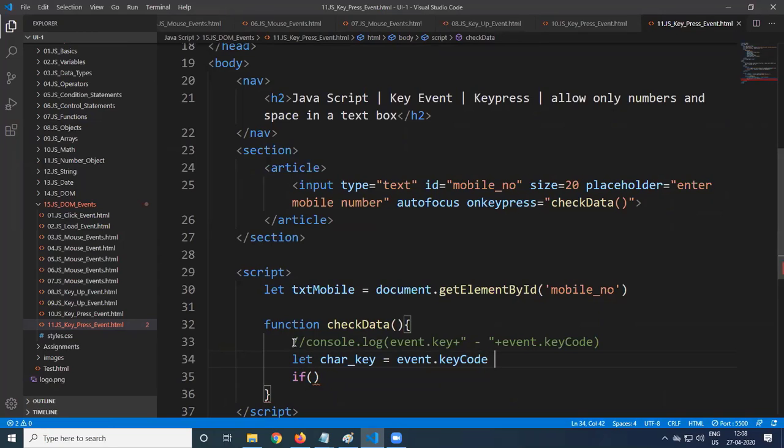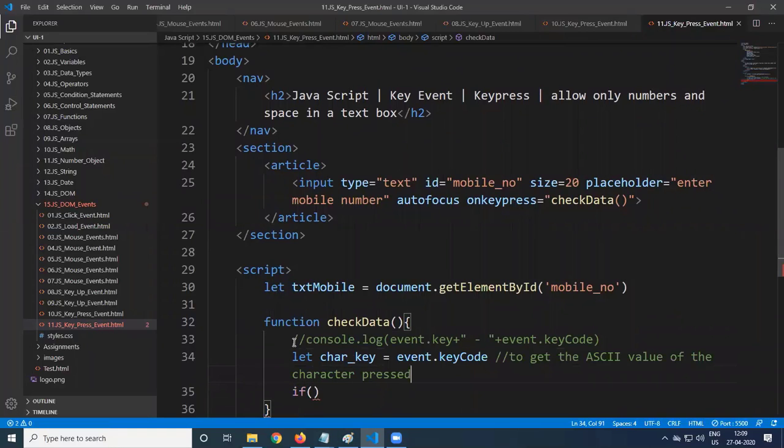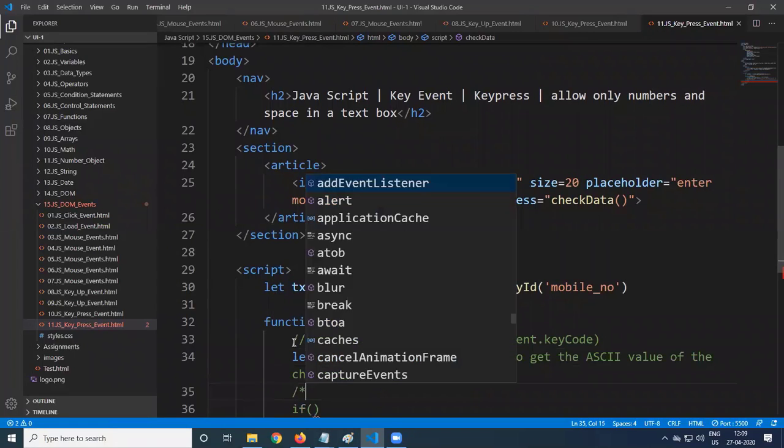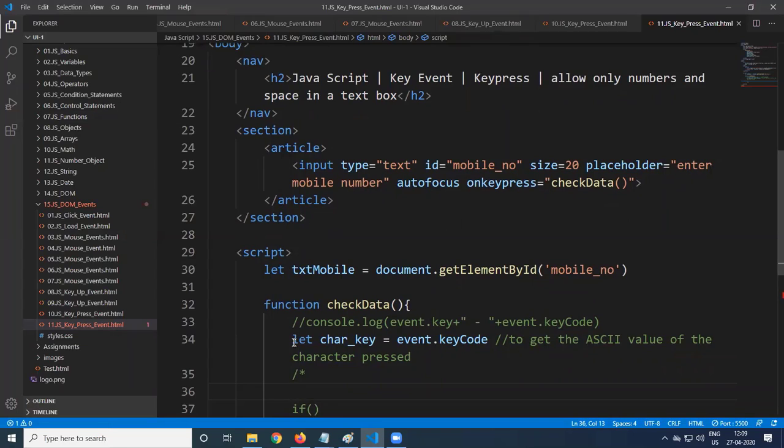So when you are pressing a key, we get the ASCII value of the character pressed. So the character values of 0 to 9.